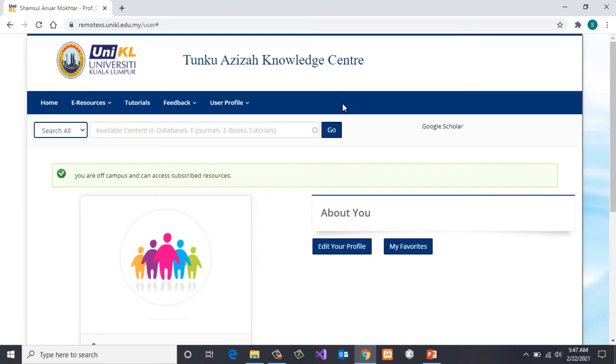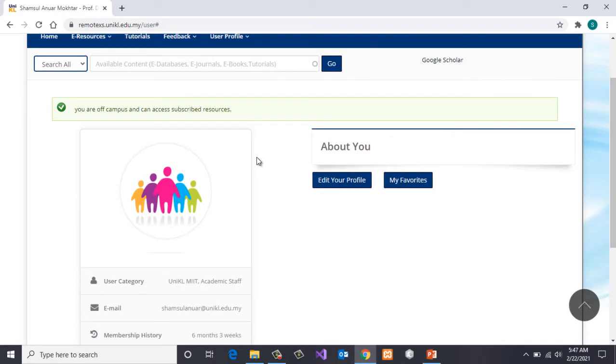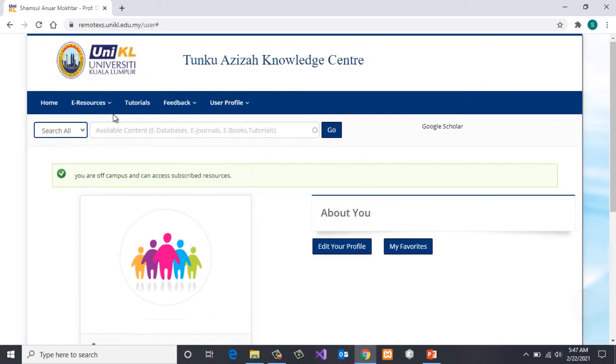In general, these are the online databases that we have access to. This is actually managed by the UniKL library, which is the Tunku Azizah Knowledge Center. So here, what's important, the first thing is that we have e-resources. We have the databases, journals and books. The database comprises everything. So if I go to databases,